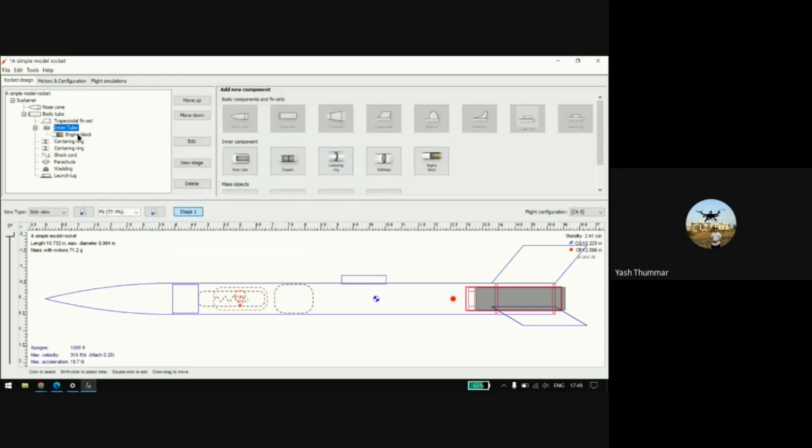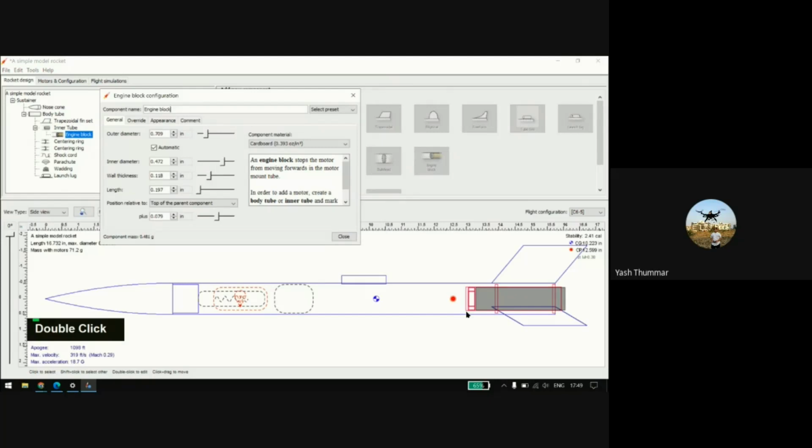Okay, and about the engine block. You have to use an engine block because when you fix the motor, the rocket will experience a large amount of thrust, so there is no manufacturing or practical problem you will face. That's why there is an engine block. It's also the same work: the outer diameter is here, and the inner diameter, wall thickness and length. When the motor ignites, it will throw out some impulse, and the jerk is absorbed by this engine block.